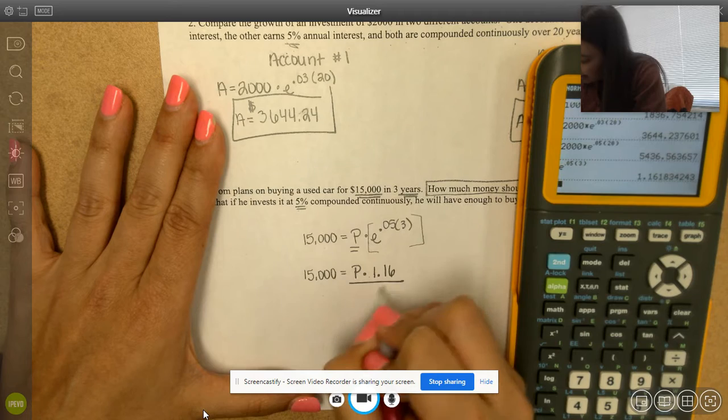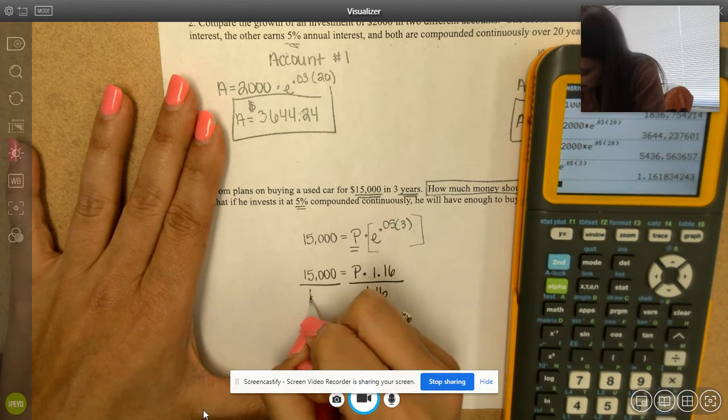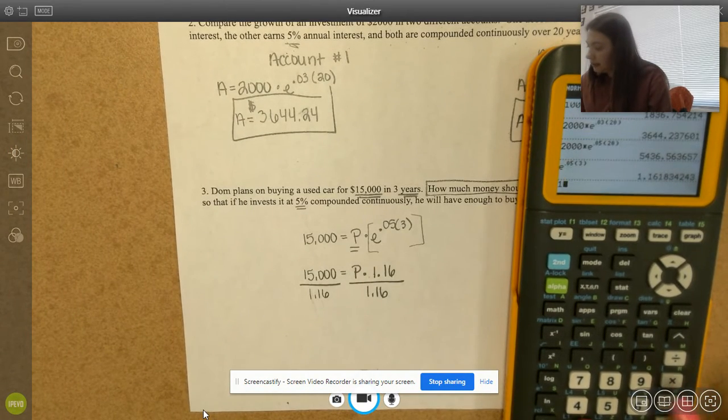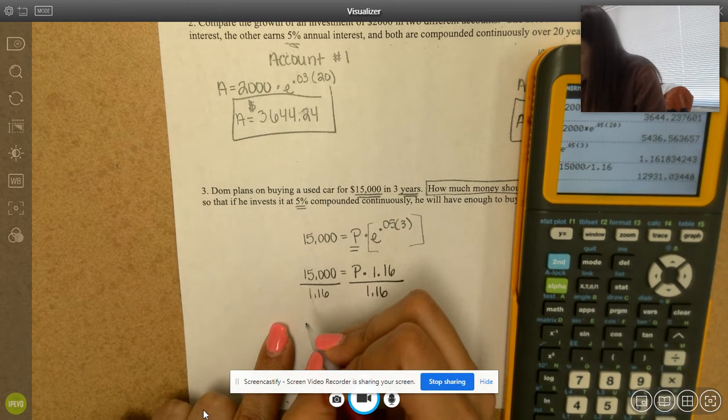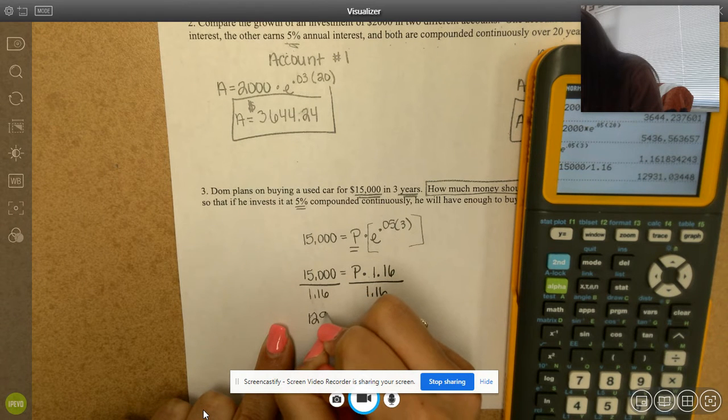We can go ahead and divide by 1.16 because the opposite of multiplication is division. And 15,000 divided by 1.16 gives us 12,931